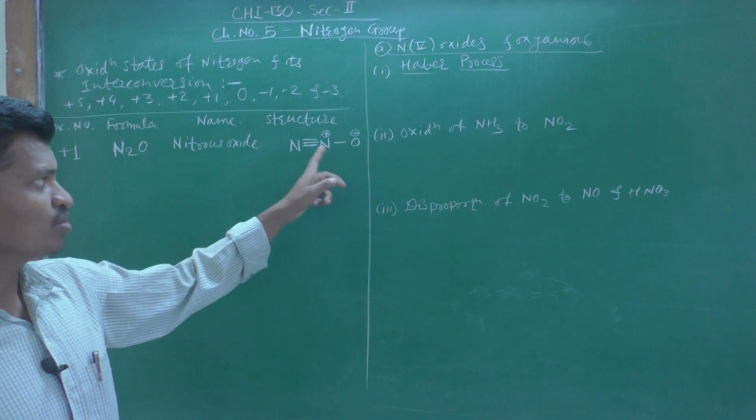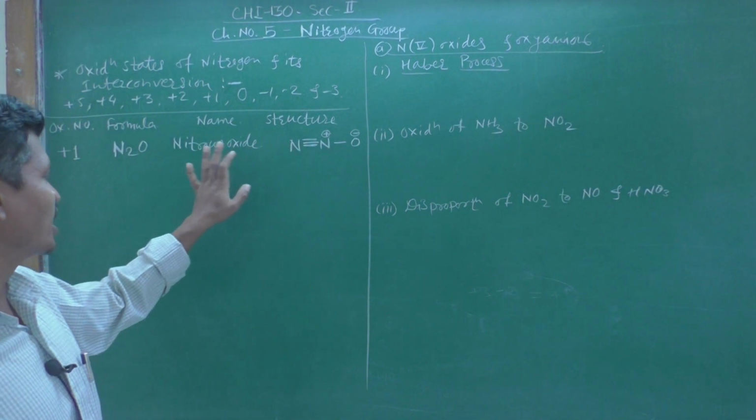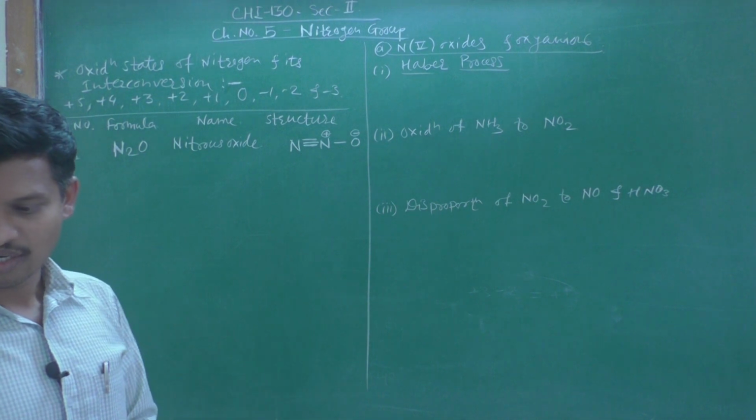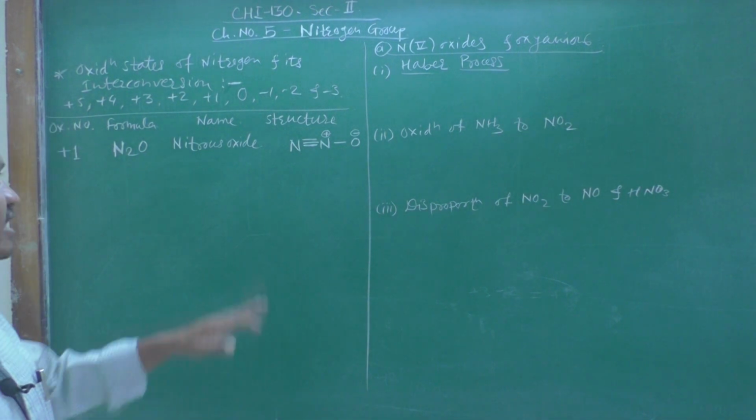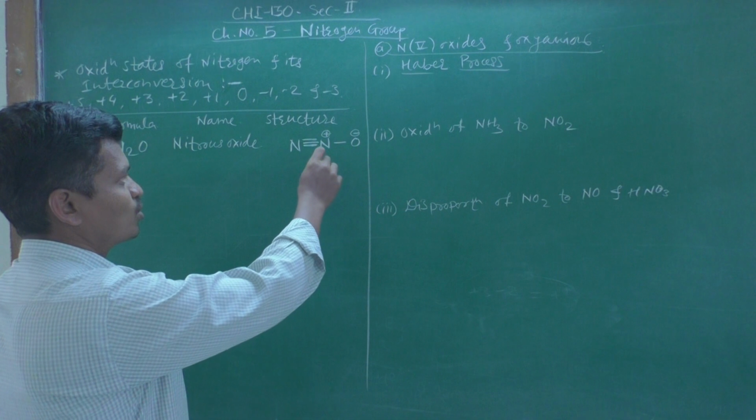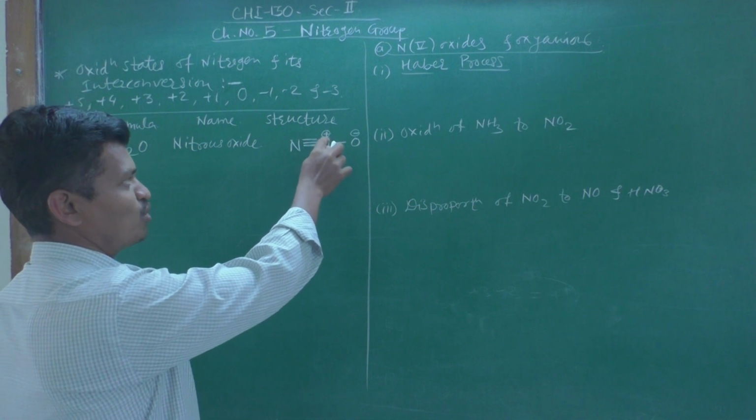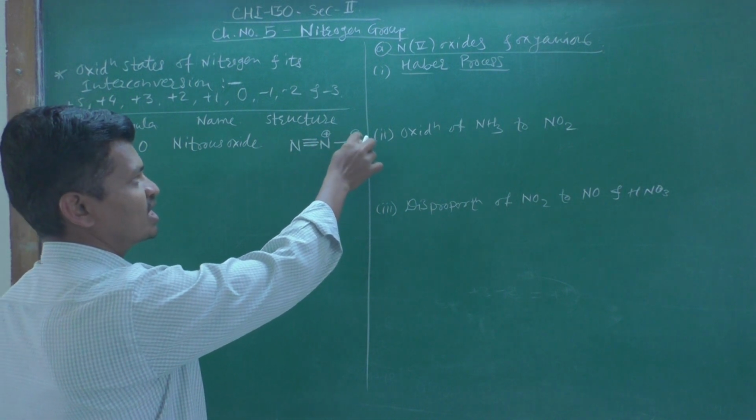This is the structure of N2O. There is one positive charge on nitrogen and one negative charge on nitrogen,